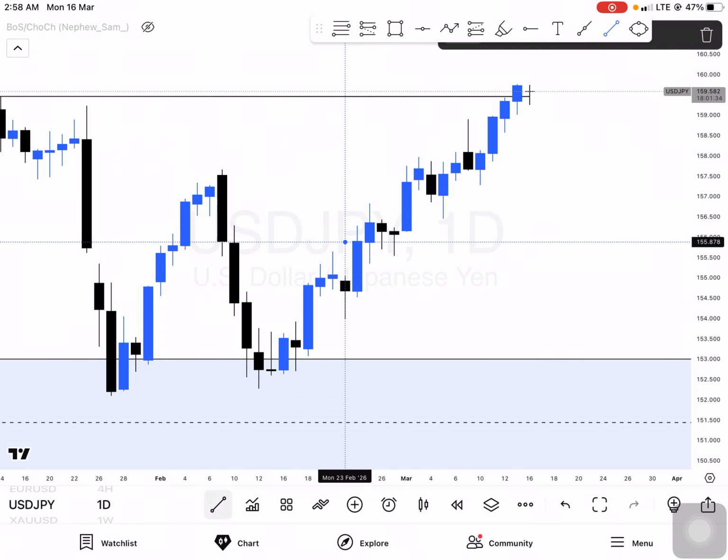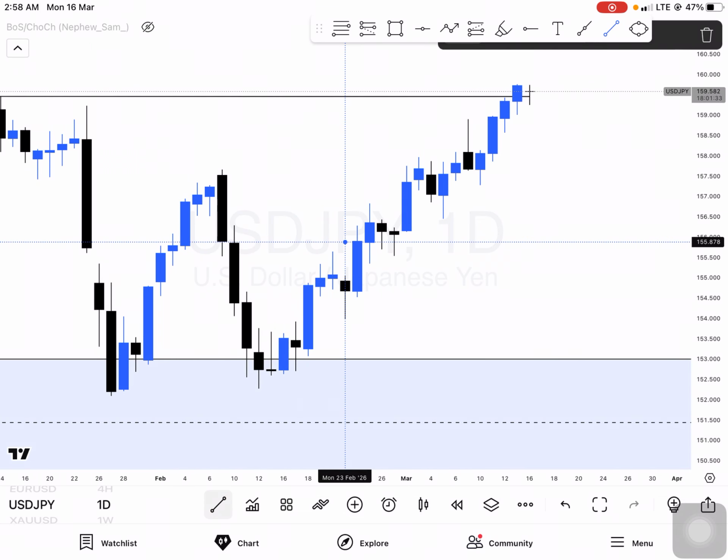Now that the overall trend is bullish, we should be looking for buying opportunities. So I will take time here to mark my breaks of structure to the upside on the daily time frame very, very carefully. As you can see, this is a break of structure, and we have another break of structure to the upside here, and we still have another break of structure, the last break of structure to the upside